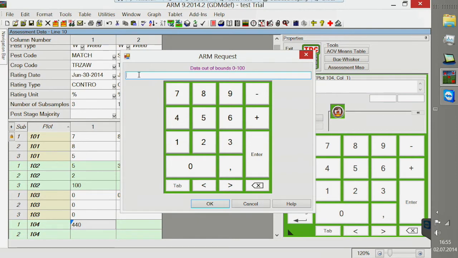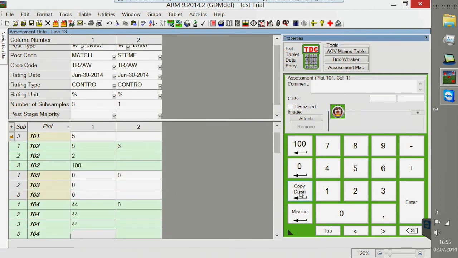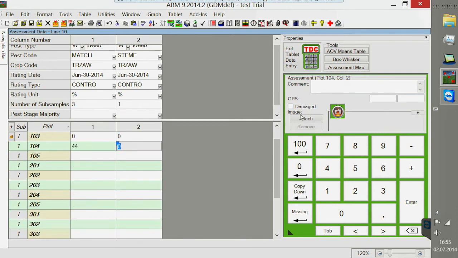So making this a 44, the system will accept, and you can use obviously the copy down for this data column, because the 44 is entered automatically now. You can mark a plot as damaged, and obviously for a damaged plot you should give a comment why this